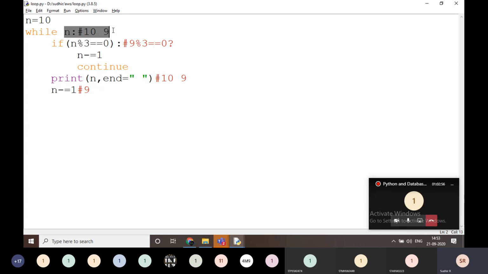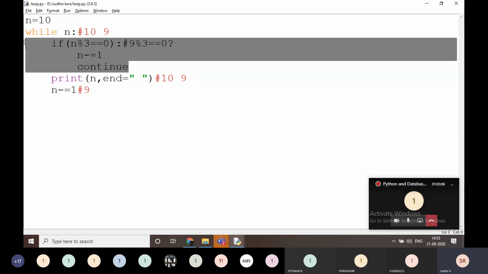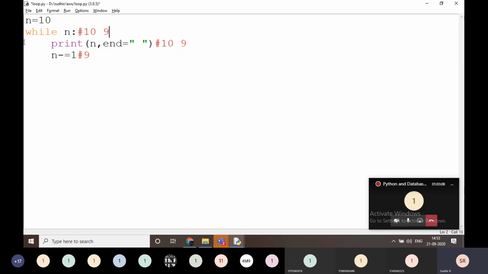This is the brief intro about if, else, while loop and for loop, break and continue. I will show you one more thing that is also used, that is the else block.